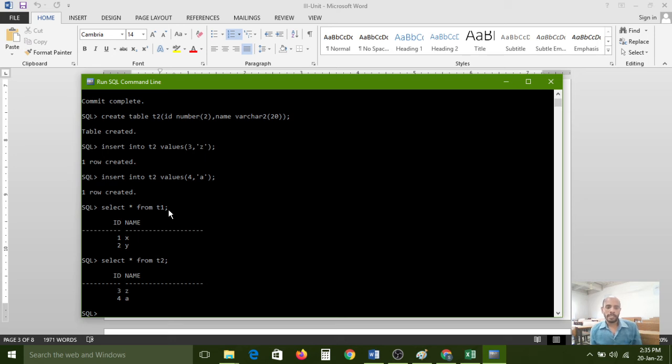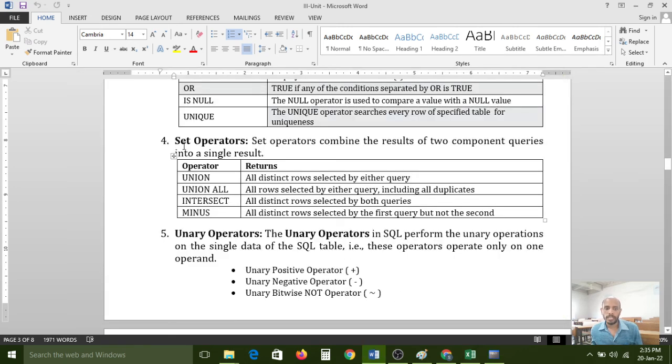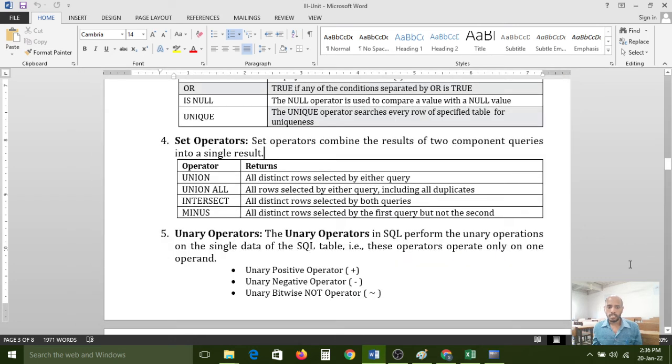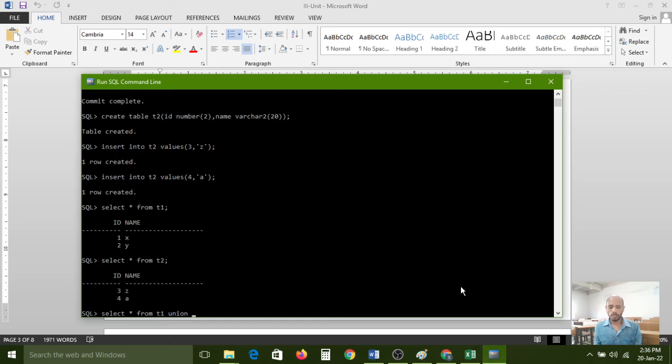How do we combine these two tables' data into a single output? How do we produce this? By using set operators. Now I am using select star from T1 union all select star from T2. Union all operator combines all the data.